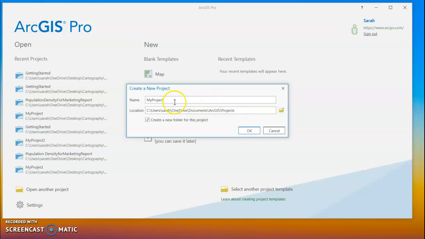And this is asking us to call it population density for marketing report. Okay. And we're just going to store it in a folder for our ArcGIS projects. I personally am saving it in